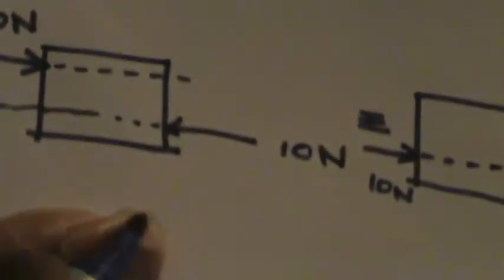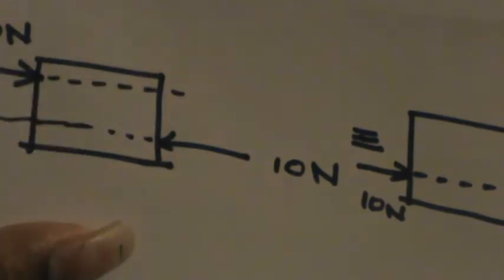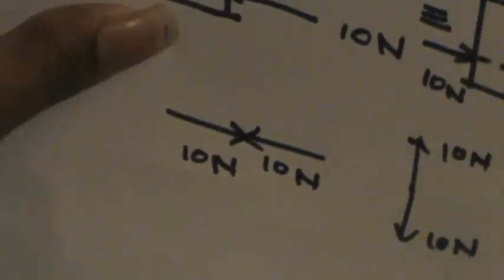So as in the case of T and mg, the lines of action need not be the same, but they should be parallel to each other, and the forces should be facing each other. Either the forces should be like this, 10 newton and 10 newton, or like this, 10 newton and 10 newton. So they need not be horizontal or vertical as well.